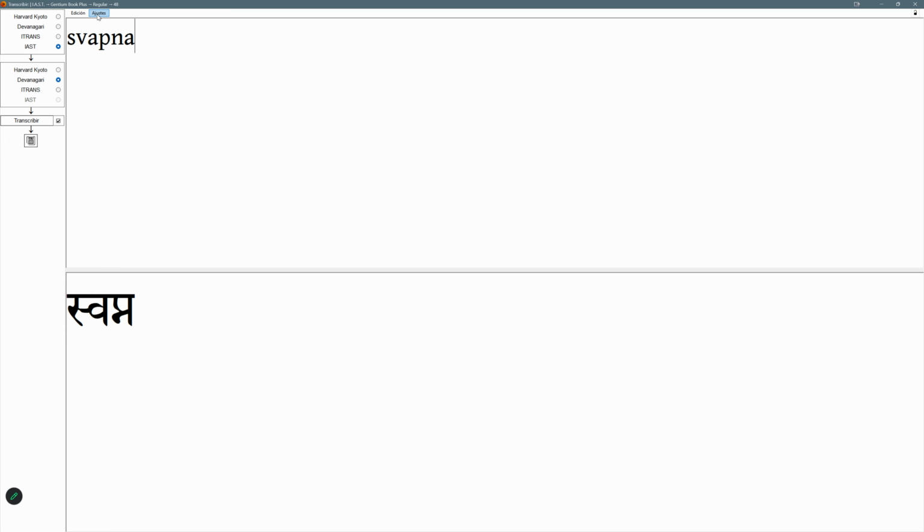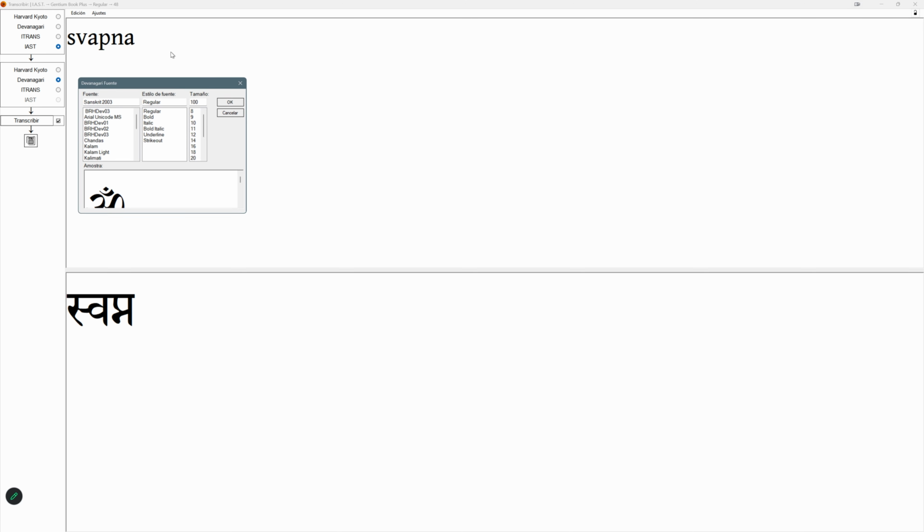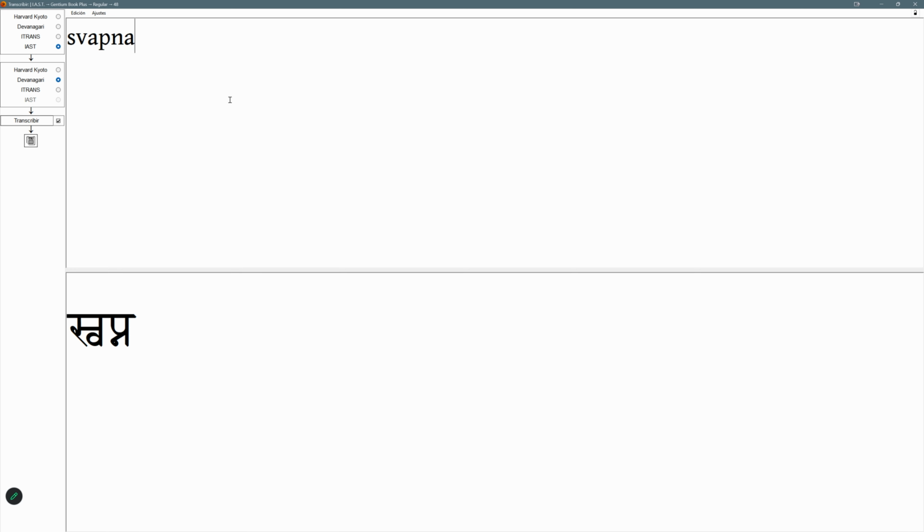This is the southern style, the southern font. Esta es la fuente sureña, el estilo sureño. We can put the northern style, Uttara. This is Uttara. In Uttara, swa is sa with the va under. En Uttara, the conjunct swa es así. Es una sa con la va debajo. Swapna. Another way to write. Otra manera de escribir.